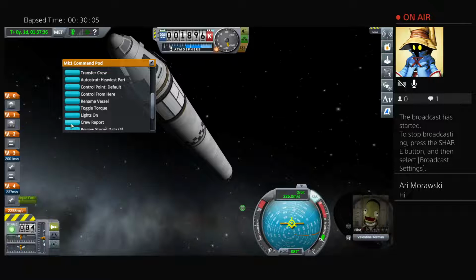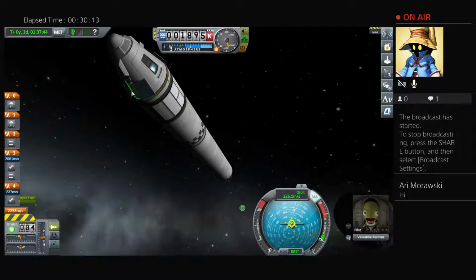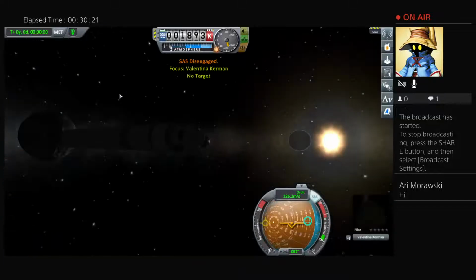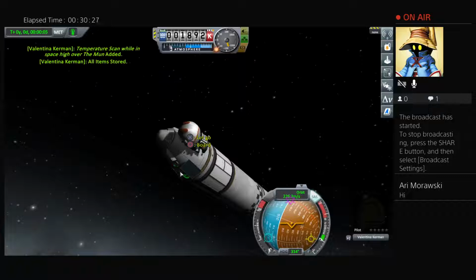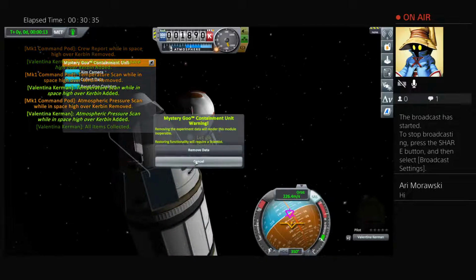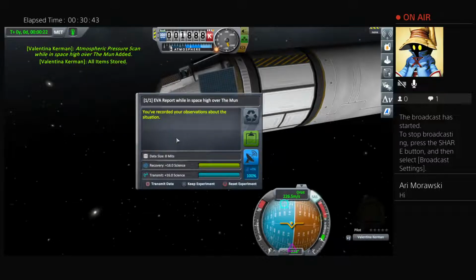Let's get our crew report and our temperature reading, and we will break out the first mystery goo for this one. Then we will go EVA and collect all of that. Let's go ahead and take the crew report and the rest of the data out so we can get some more. Once we get close, collect that mystery goo, the barometric reading, and then all we'll have left to get is the EVA report, and then we'll hop back in our vessel,